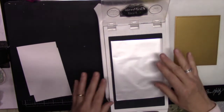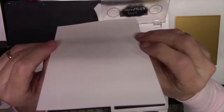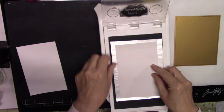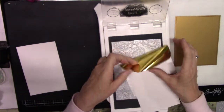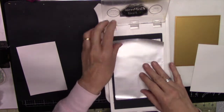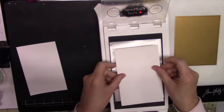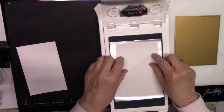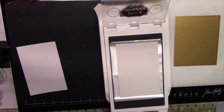Okay, I want to go ahead and put the foil up. My shiny piece, we're going to try it with photo paper first. So this is shiny. I'm going to put it on top of the plate. So I got my plate, my foil, okay, my top, my cardstock, and then I'm going to use some shims, and usually I use